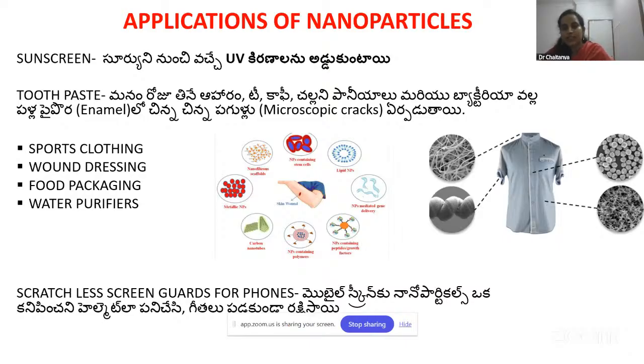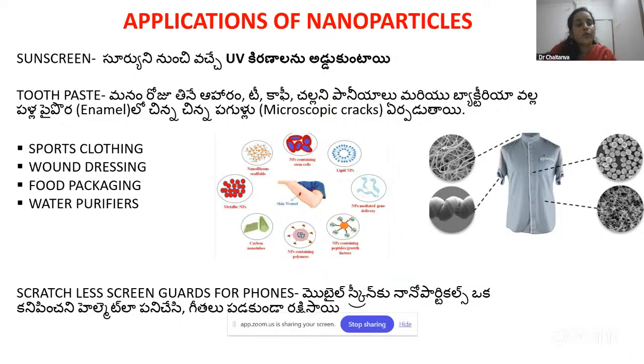I think you can see it in the picture, there is a shed over there, right? So if that sportswear, the t-shirt or whatever, is coated with the nanoparticles, the nanoparticles will inhibit the growth of bacteria. It makes sure the bacteria do not grow. So however much sweating you get, you will not get that pungent smell, right? So nowadays most of the sports persons are using such type of clothing. Okay, so that is one more application.